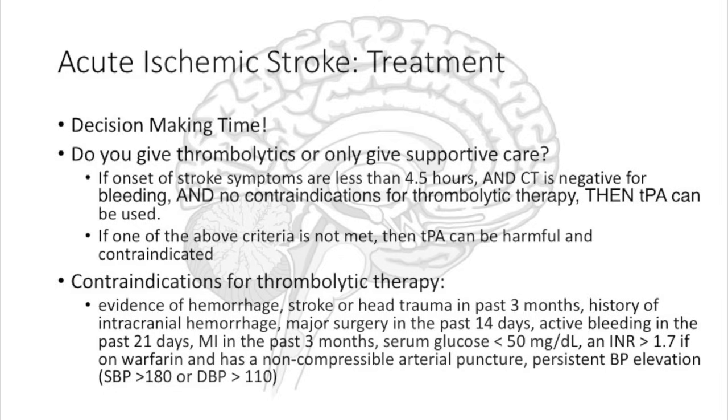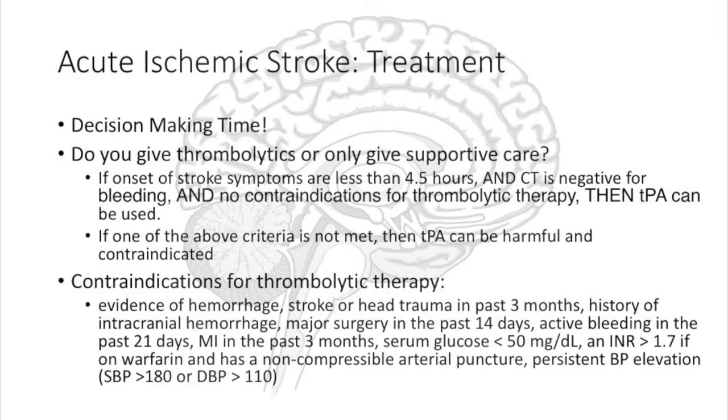So just generally, if you have the onset of stroke symptoms that are less than 4.5 hours, and the CT is negative for hemorrhagic stroke and no bleeding, and there are no contraindications for thrombolytic therapy, then your TPA can be used. So the contraindications for thrombolytic therapy include evidence of a hemorrhage, stroke, or head trauma in the past 3